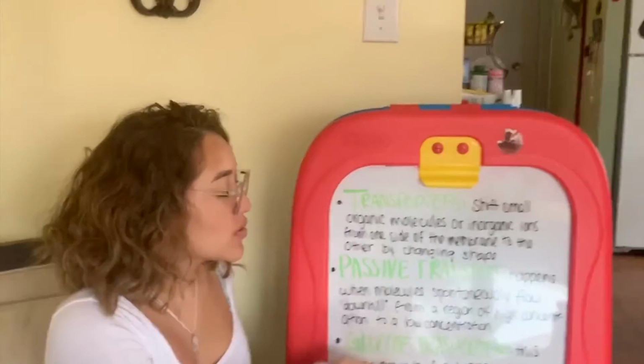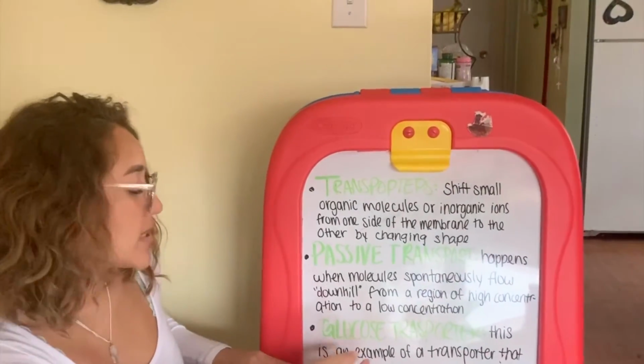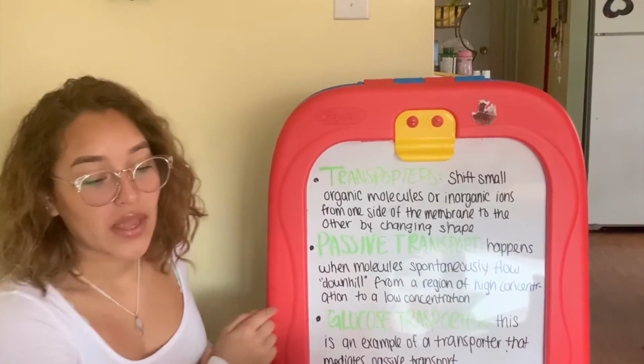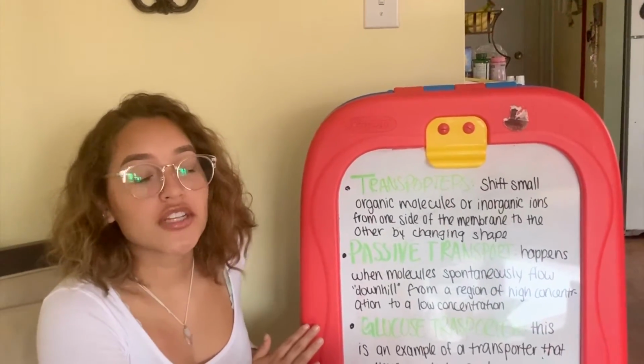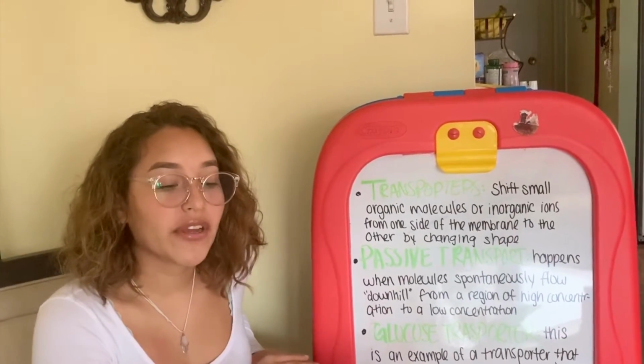Now that we got these two definitions out of the way, we can start talking about what a glucose transporter is, especially since this is a prime example of a transporter that mediates passive transport. More specifically, a glucose transporter is a protein of polypeptide chains, which allows it to adopt several conformations, making it